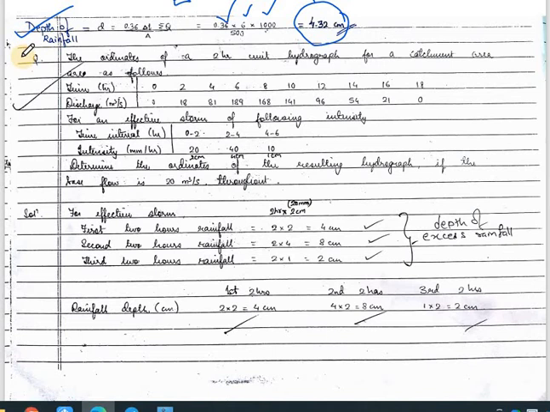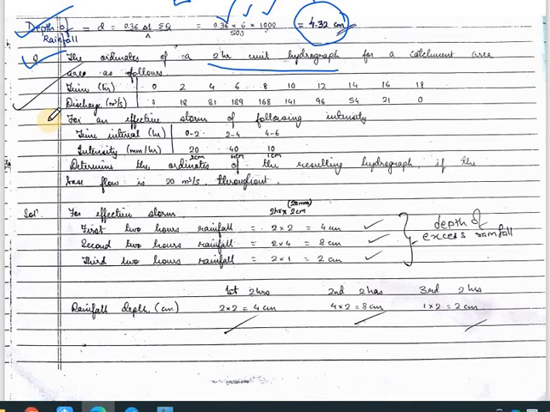After that we'll start with the next question, that is the ordinates of a 2-hour unit hydrograph. A 2-hour unit hydrograph has been given for a catchment area as below. So we have been provided with this data. Time is 0, 2, 4, 6, 8, 10, 12, 14, 16, 18, and the discharge is 0, 18, 81, 189, 168, 141, 96, 54, 21, and 0.